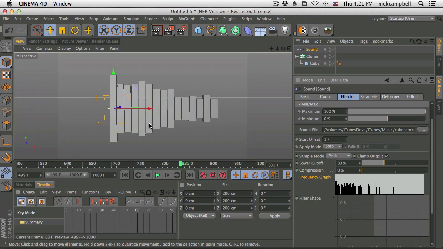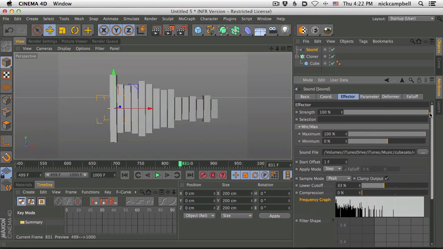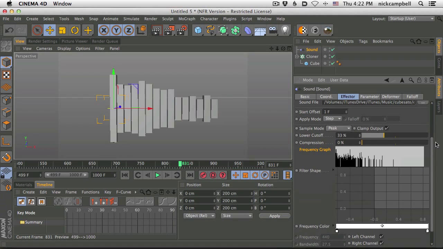In fact, there's a tutorial from a while back, I think it was at NAB, recorded with Mike the Monkey was doing that, and he had a really great audio example of how he used audio to animate a character. And in fact, he did all of his audio stuff inside of After Effects and using Sound Keys, and then he exported it into Cinema for exactly that reason, because the sound effector didn't give him that control that he needed. So it is a little bit limited, this sound effector, and we're going to look into ways to kind of work around it a bit, but I just wanted to kind of make that difference clear.